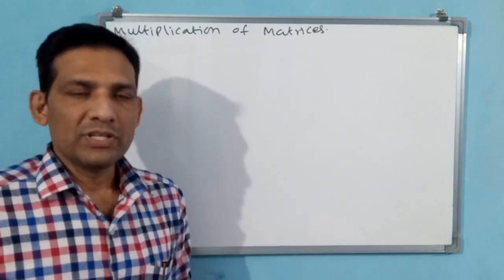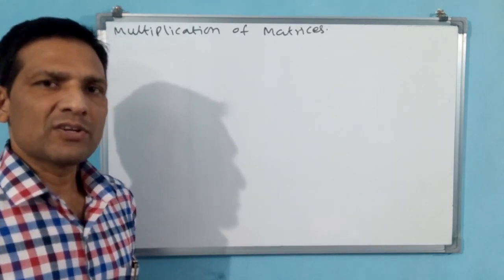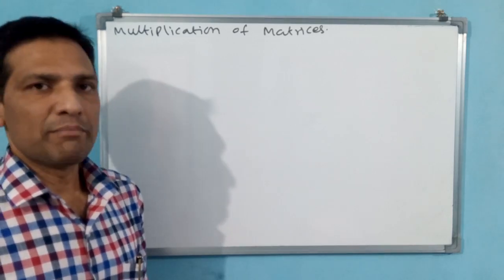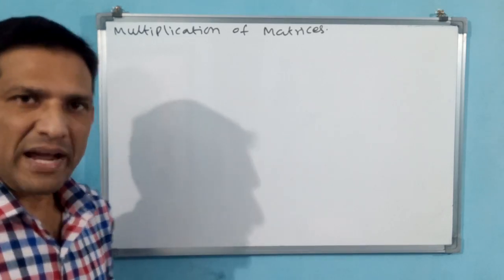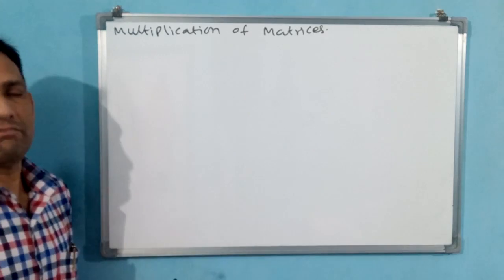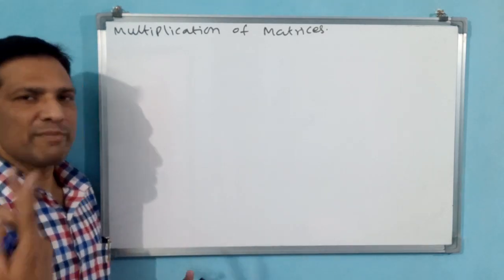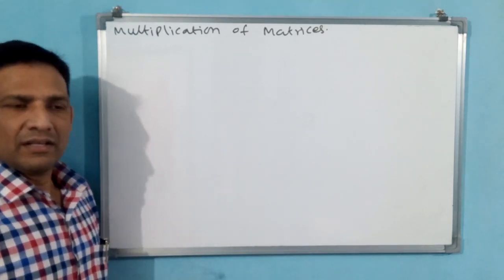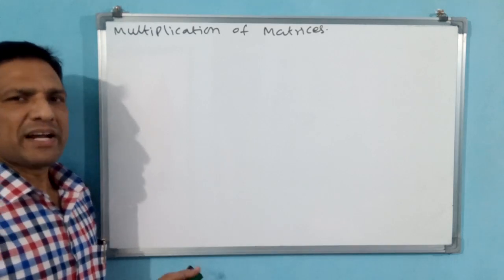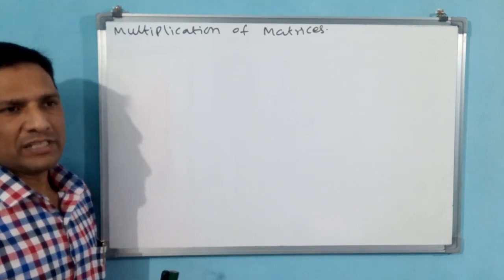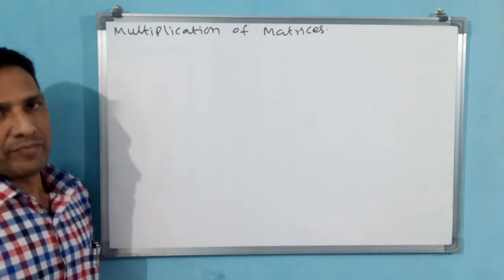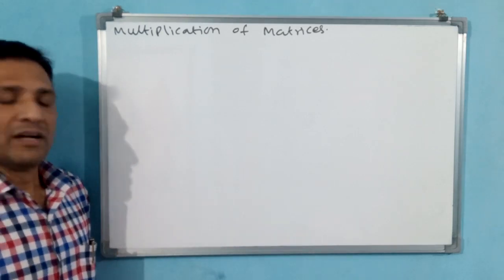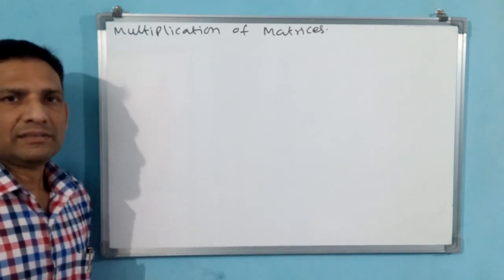Multiplication of matrices. Now you see, we have seen multiplication of a matrix with a scalar, but not multiplication of matrices. That means we have seen ka, where k may be any scalar, and minus 1 times a also, the negative matrix, which is like a scalar multiple only. But we have not seen AB. Now we are seeing AB. But what are the conditions?